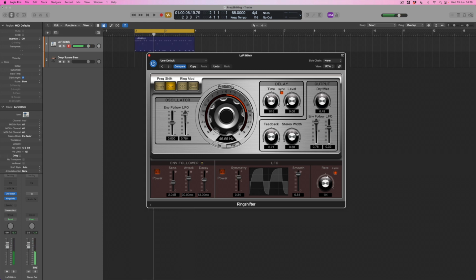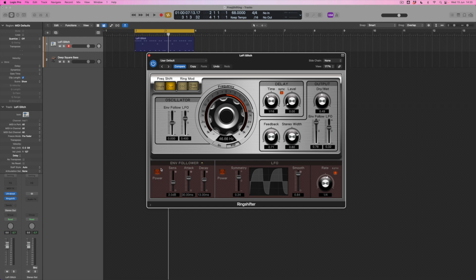So at really extreme settings like this, we're getting this massive amount of movement. But back here somewhere, I have my bass line. I've got a very obvious tone that's just moving around across about a semitone or so. What I can also do is use an envelope to work on the oscillator